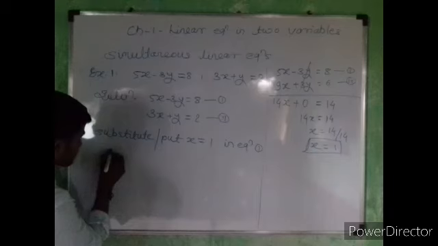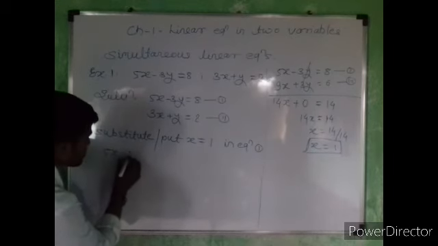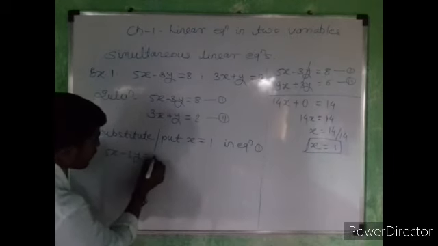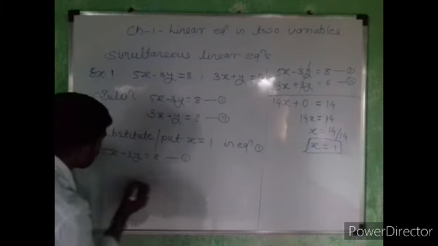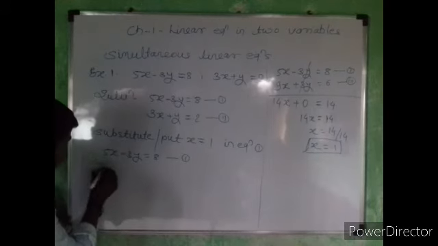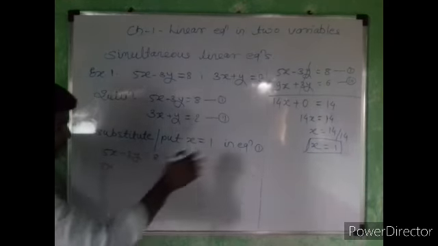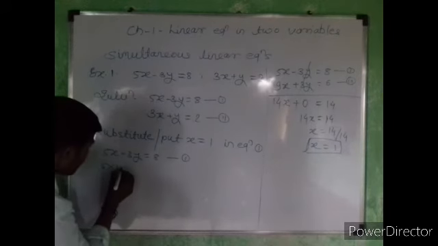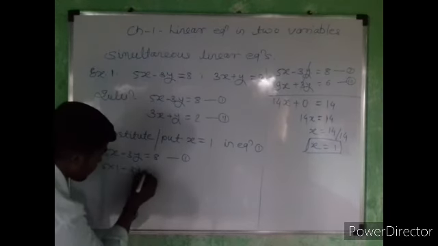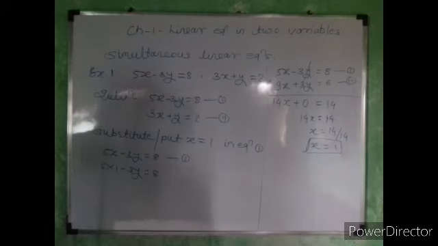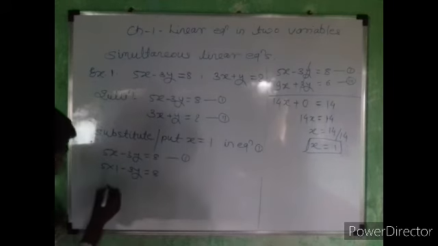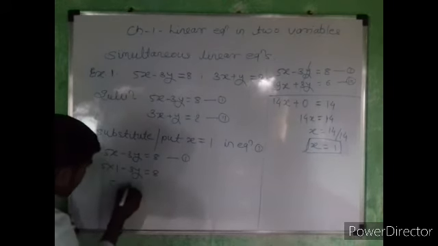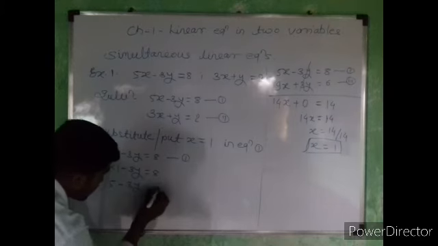So here 5x minus 3y is equal to 8, equation number 1, and 5 into x is equal to 1, minus 3y is equal to 8. Here 5 minus 3y is equal to 8,